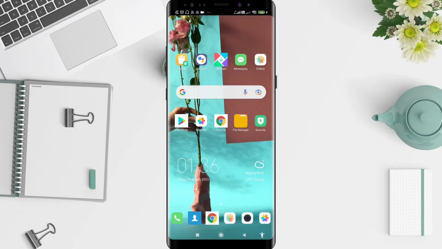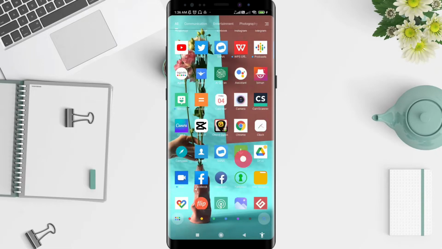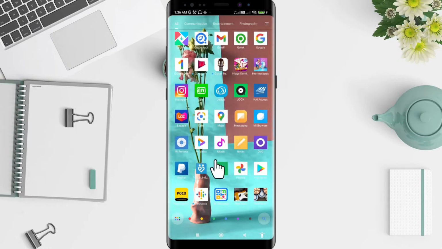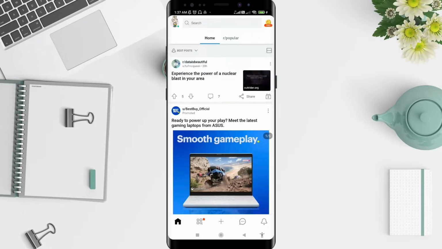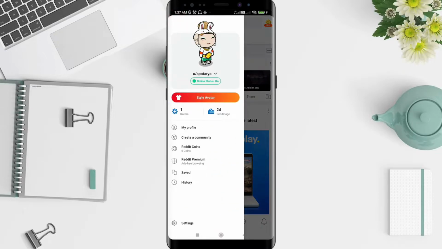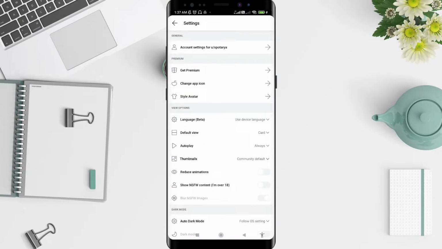And now let's get started. First, we go to the Reddit application that you have installed before. Click on Reddit, and after that, you can go to the symbol in the upper left corner. And then next, you can go to the settings. And to change the style avatar, you can click the style avatar here in the subtitle of the premium